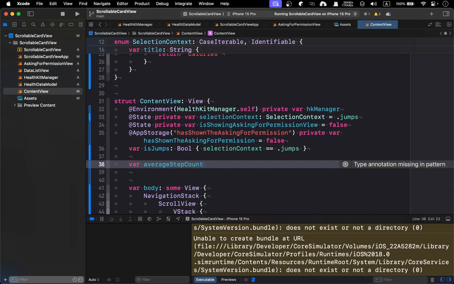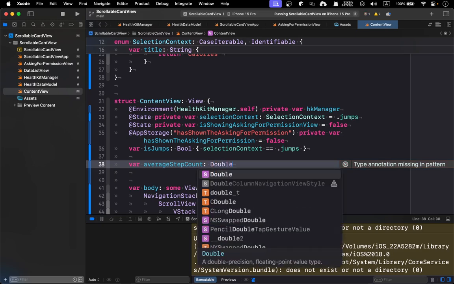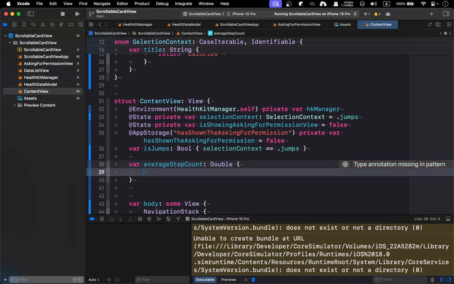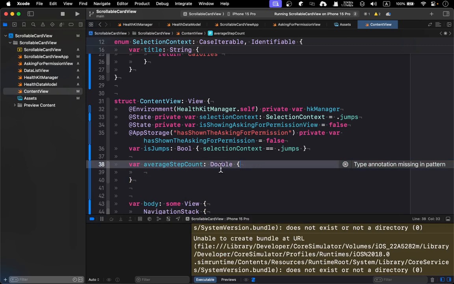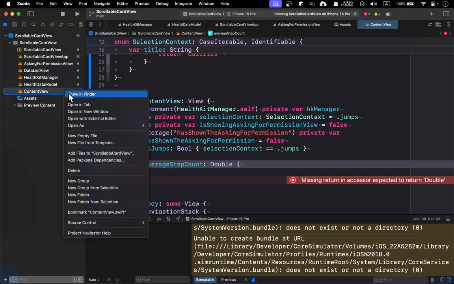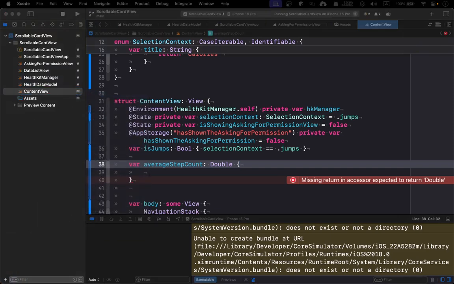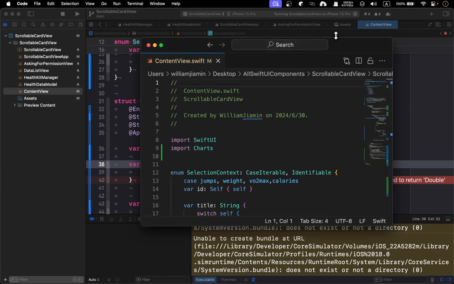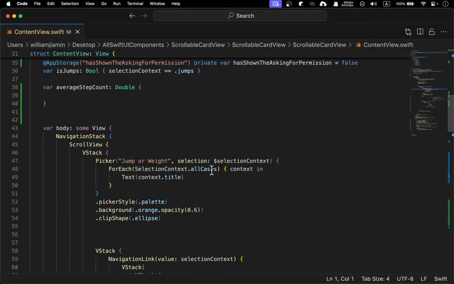You get all the step counts and you average them, so you can get a double, the average step count. And what I'm going to do is to save it and right click, get this Visual Studio Code up and running, so I can use Copilot, right? So go back here and